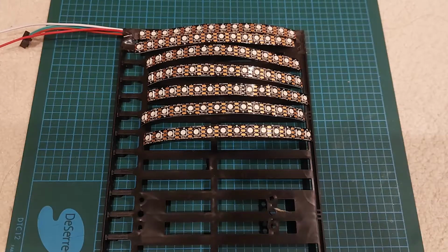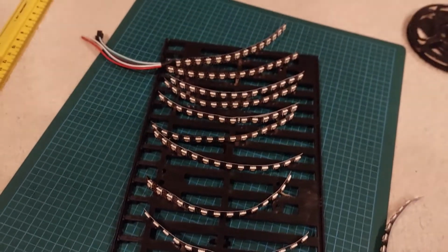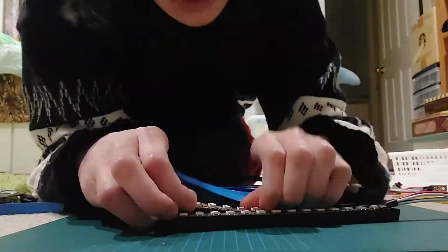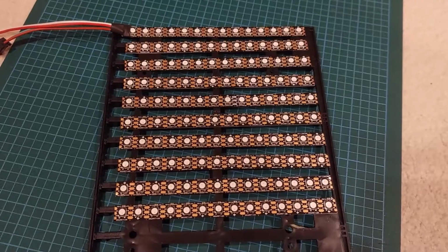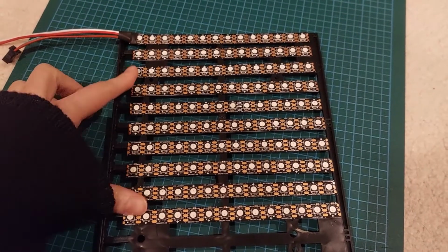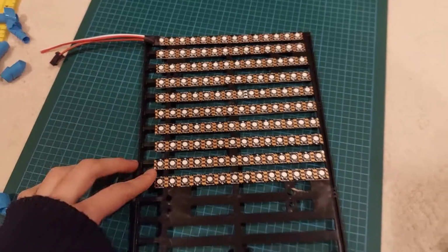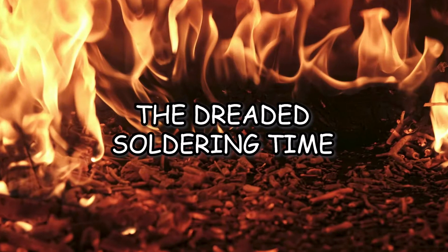And now I am left with this little nub. This is the final result. I ended up doing only 10 lines for now, just because the aspect ratio looks more correct than if I did 14, which would be way too long. And this here is me realizing that it's...